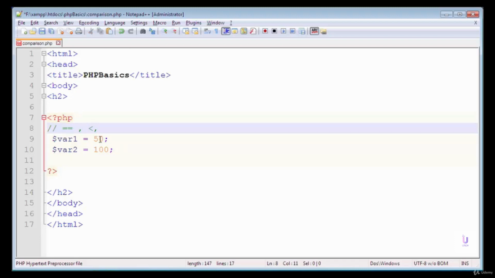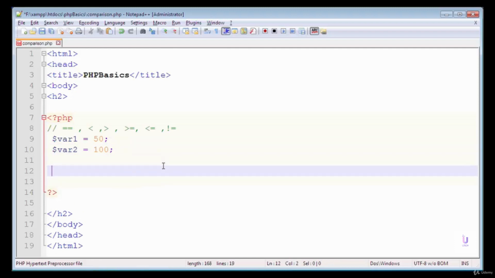Similarly, less than, greater than, greater than or equal to, less than or equal to, and not equal to. So here I'm gonna describe how we can use these comparison operators on variables.